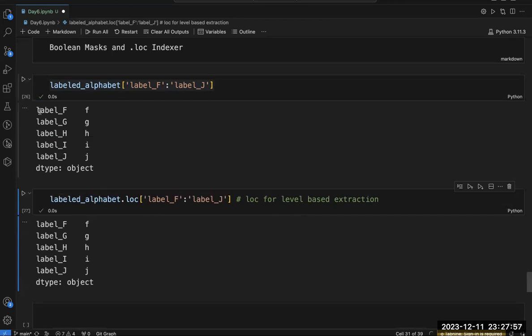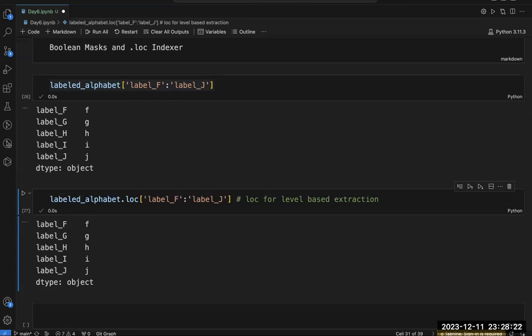That means you can extract the values according to your level. I have supplied level underscore F, this is my level, and level underscore J. So it will give me the values from level underscore F to level underscore J. Output is the same in both cases.